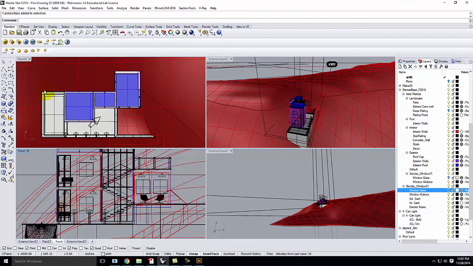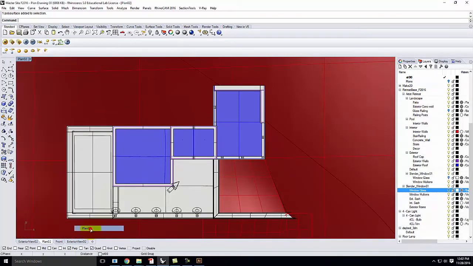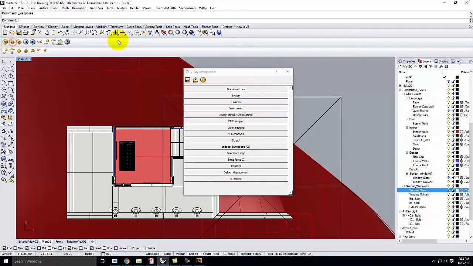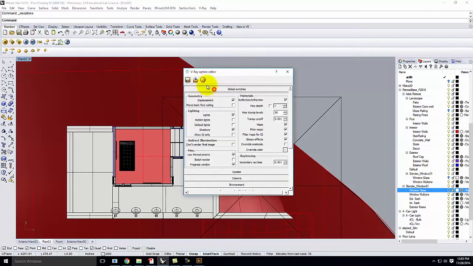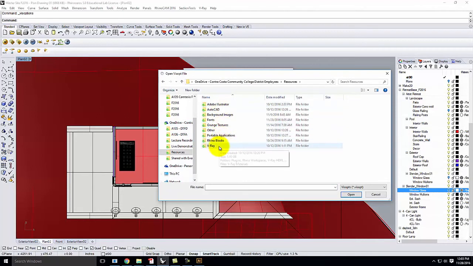Okay? So now that I have that part set up, if I go back to my Plan 2 view, and I go to Set View, we'll go to Plan 2. I have my saved view ready to go. I'm ready to render it. The only thing is the settings, the V-Ray settings. I'm going to go ahead and load the default settings that I used last time for the clay rendering. So they should be under Resources,